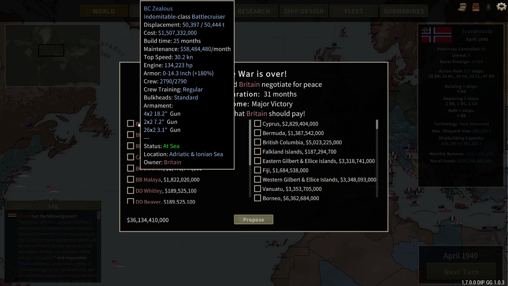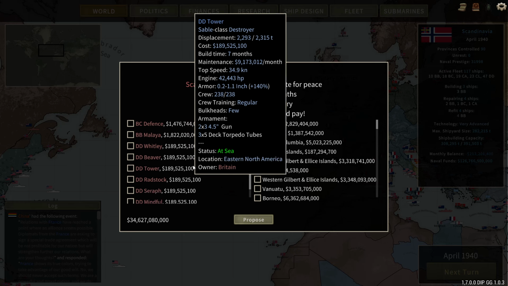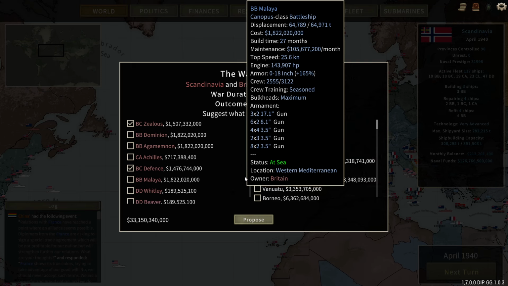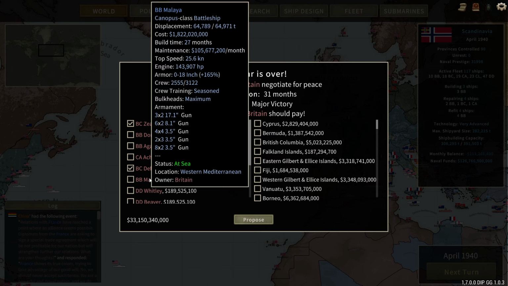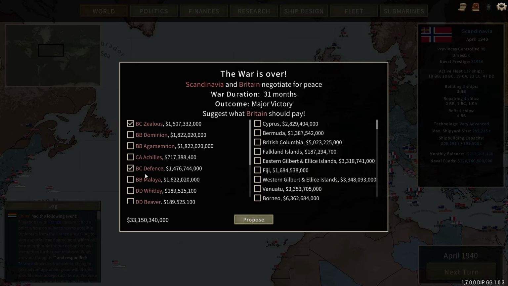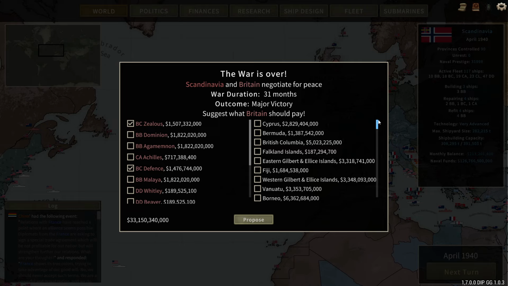Indomitable class battlecruiser. Yes. Defense class. Not sure which one that is. These are the two they have. They also have 3 battleships of the Canopus class, which we've seen Malaya is damaged. Let's see about islands first. I got 33 billion to spend after picking up those 2 battlecruisers, so